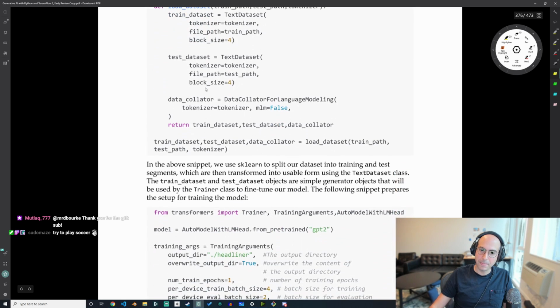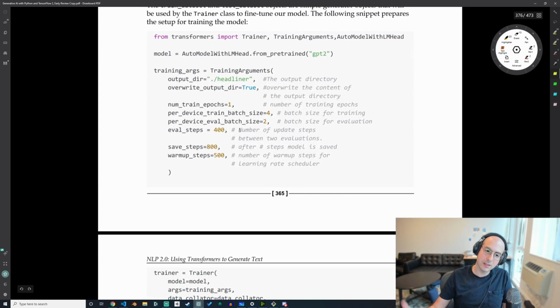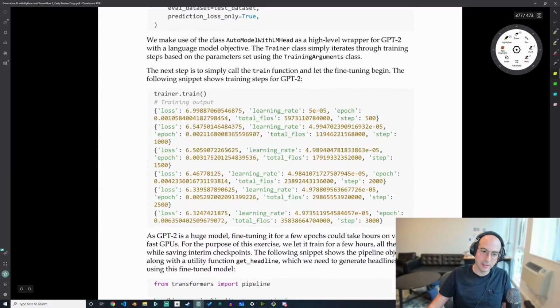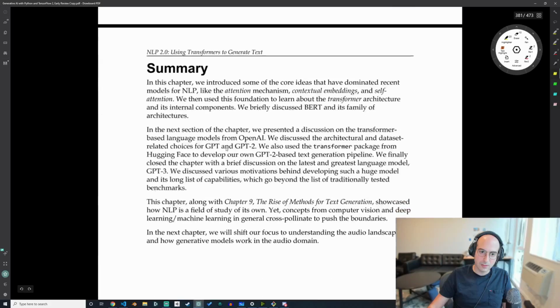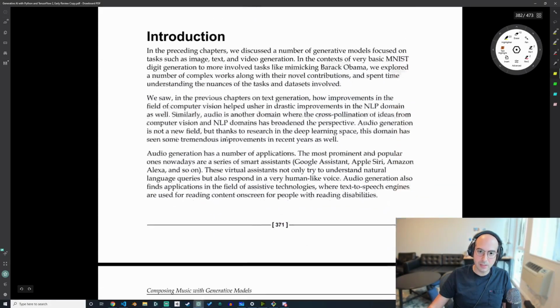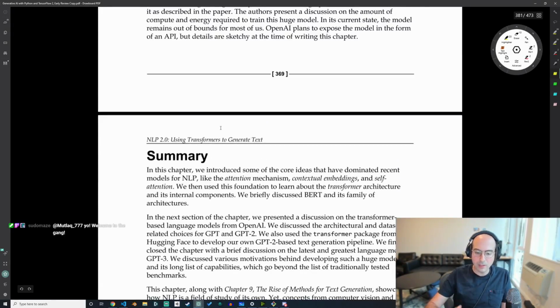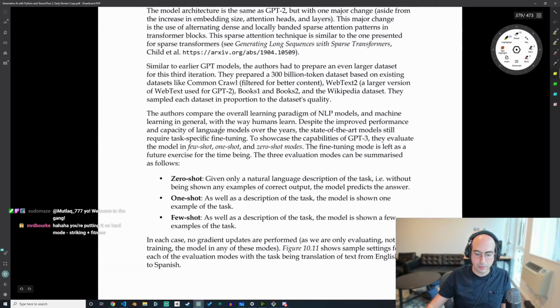Yeah, I see. This is a bit fluff, right? Like, okay, how to do Hugging Face. It's not why I'm buying this book, right? It's not an NLP book. It's a whole chapter just on generating text. You see, they don't even talk about generative NLP. There is no example here where